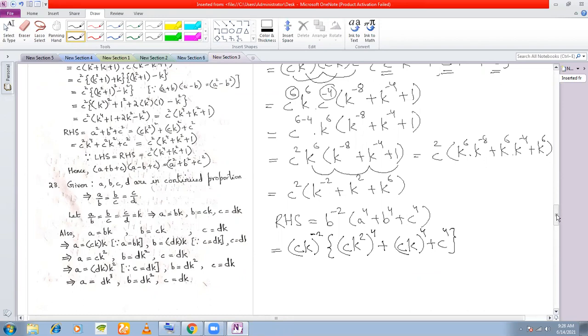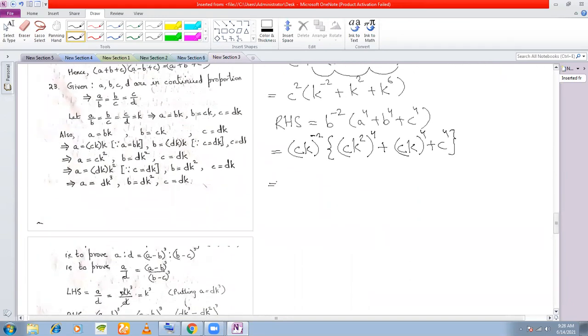Now we simplify this. So you get c to the power of minus 2 into k to the power of minus 2, c to the power of 4, k to the power of 2 into 4, isn't it? Plus c to the power of 4, k to the power of 4, plus c to the power of 4,